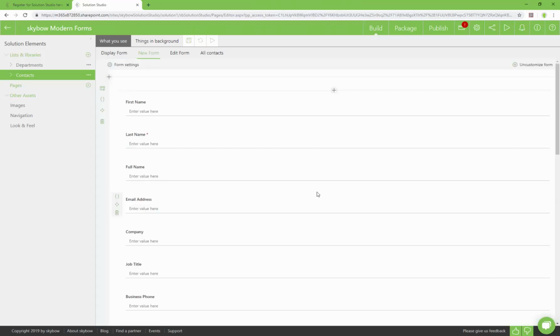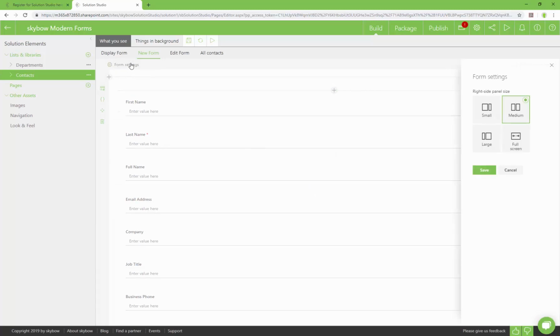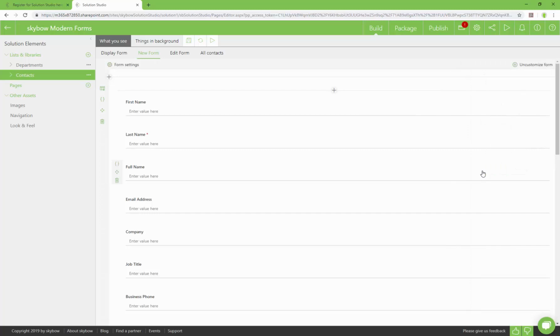What we see here is a Skybo Modern Forms builder, showing all the fields in one column by default. In the form settings, you can specify how big you want to have the form. Now, let's start adding some tabs and rename them with a double click.